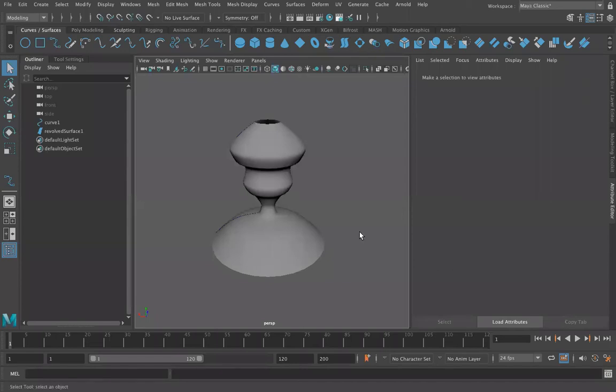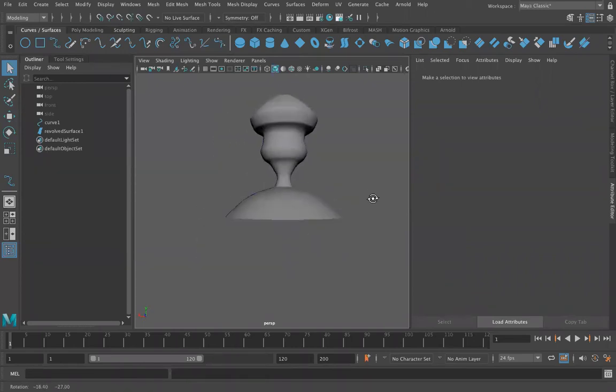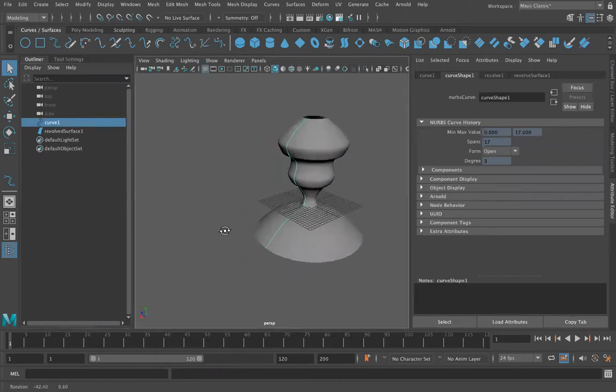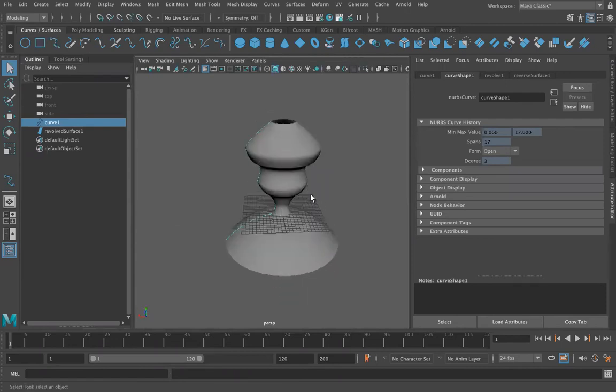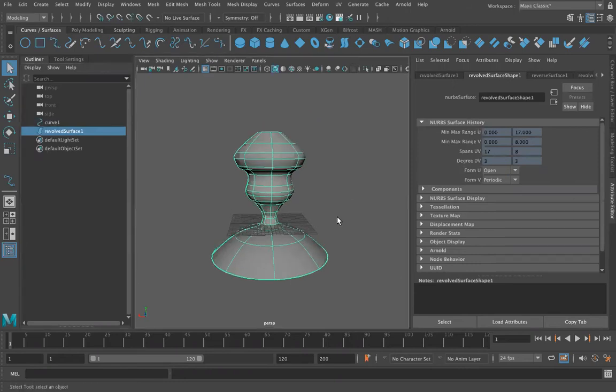I'd like to introduce adding materials to our surfaces. I created a curve in the x-axis, from the front view, and I used revolve to create this form here. And if I go to my attribute editor,